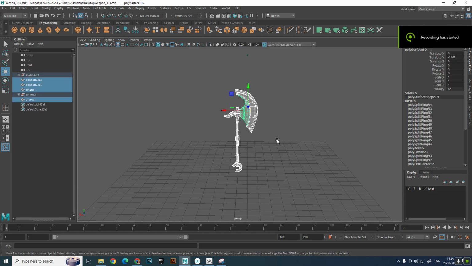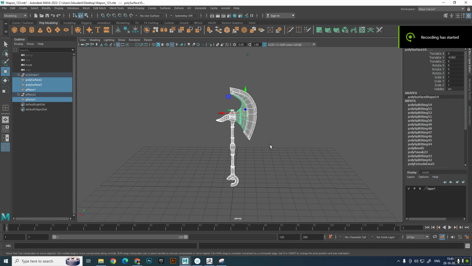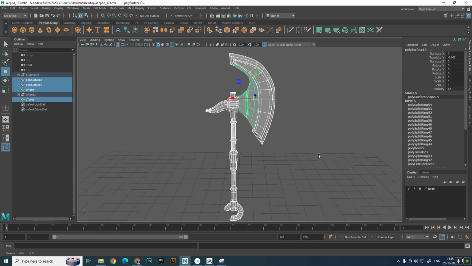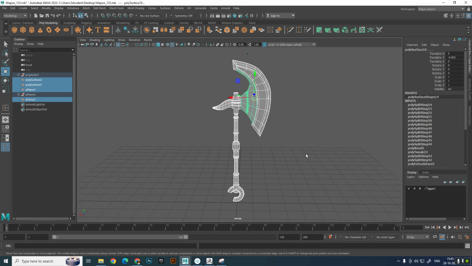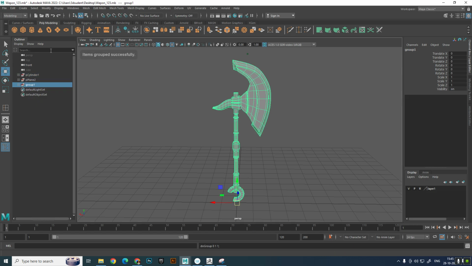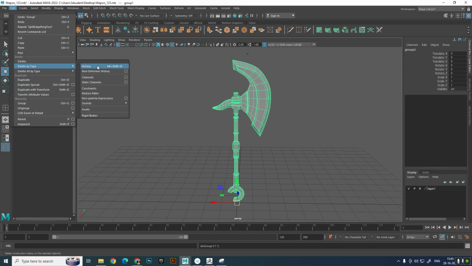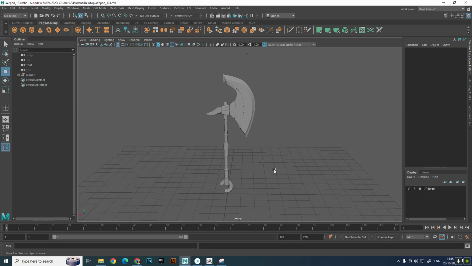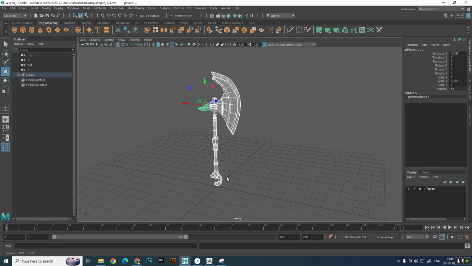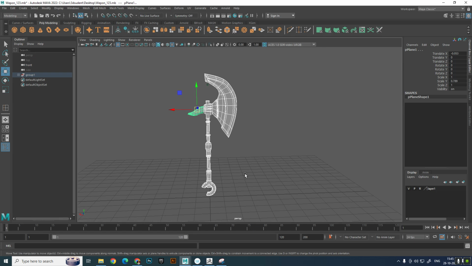So keep this here and delete by history. Delete by history. Z, G, delete by history. G is nothing but a group, and keep one weapon like this, and one more